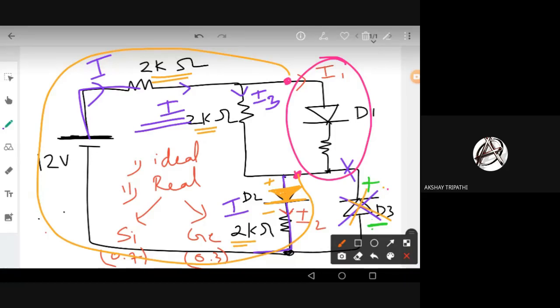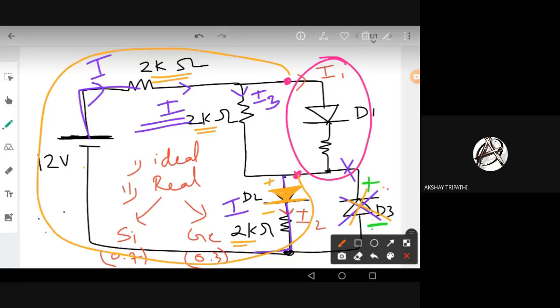If I need the exact equivalent resistance, you have to go to the data sheets, right? Or you can take a random resistance. If you're going for a piecewise equivalent model, say for example 50 ohm will be fine for a silicon diode. Or for the practical problems which we face in exams, like GATE or something, you can easily replace your diode with a voltage source. Okay, so let's try this.